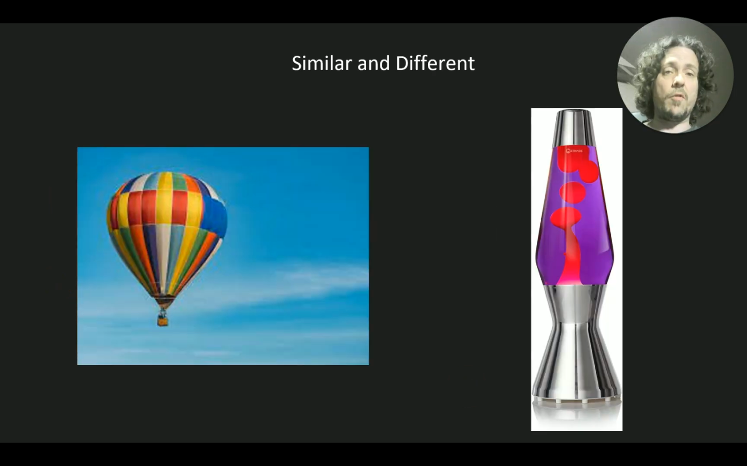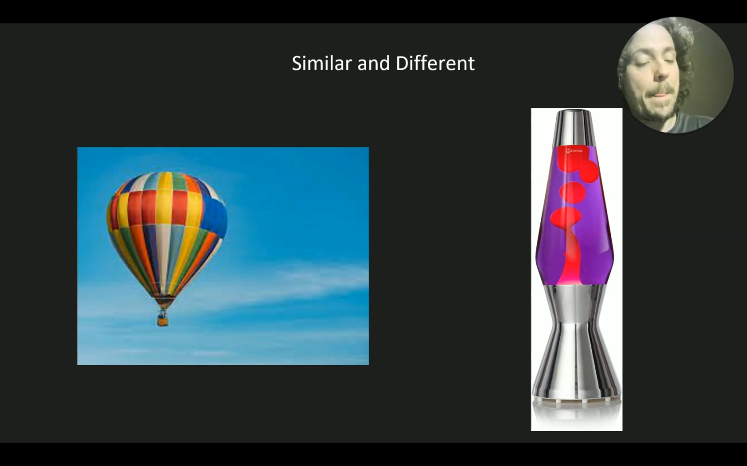Here are a couple of examples of convection in action. A hot air balloon and a lava lamp. I don't know if you know what a lava lamp is. They're kind of cool, back in the 90s and the 70s. They'll probably do a comeback again. You know what these things are like. Anyway,